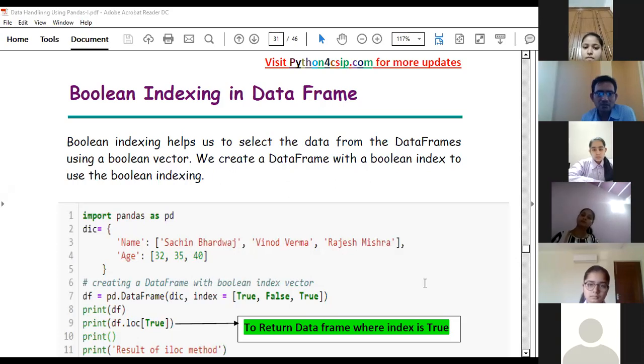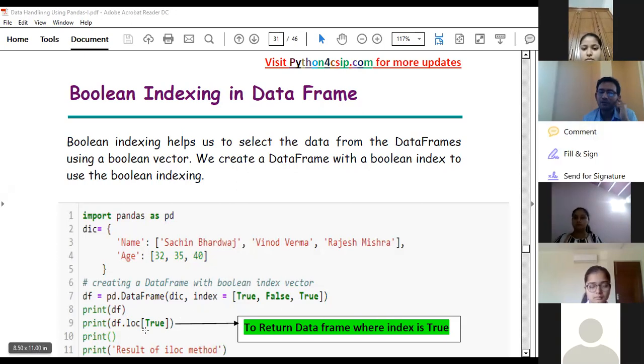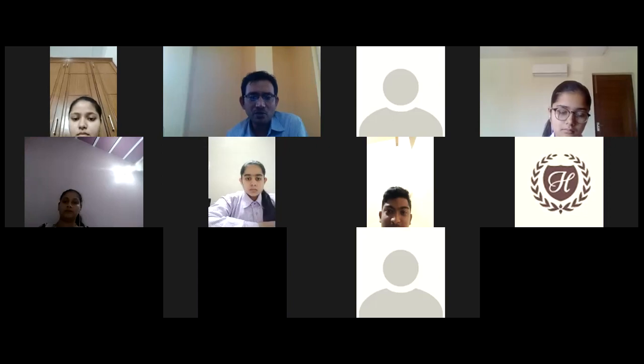In Boolean indexing, you can see here that we basically have 3 values in a dictionary, and for that the index values are true, false, and true. So when we mention the true value in the loc method, the index with true will be displayed, and when we mention false, the false value will be displayed. And the more important application, I think, is